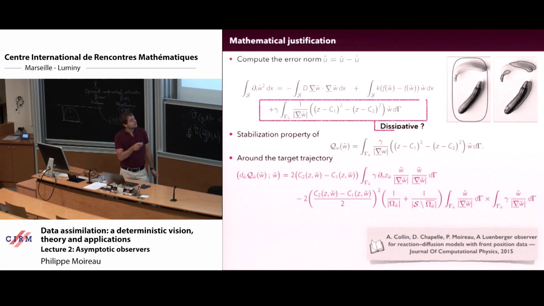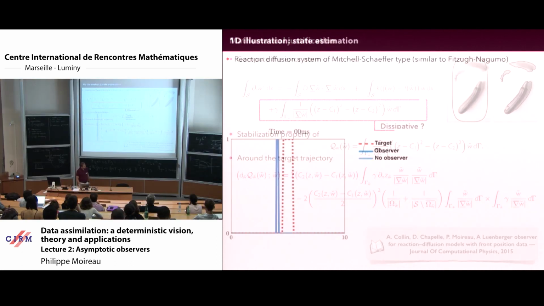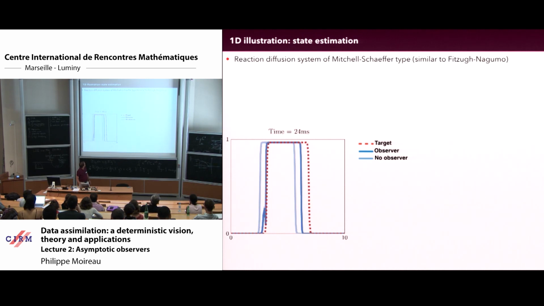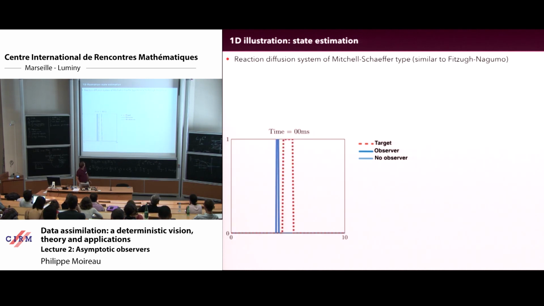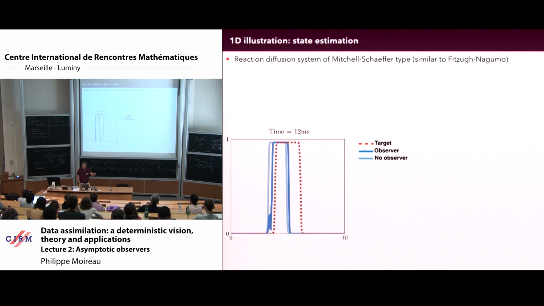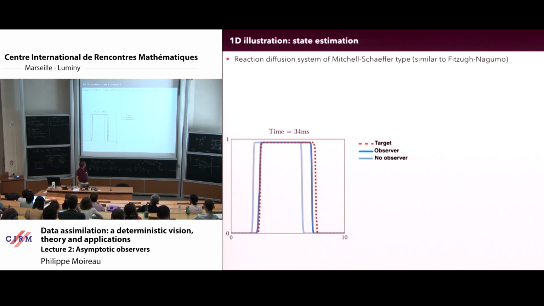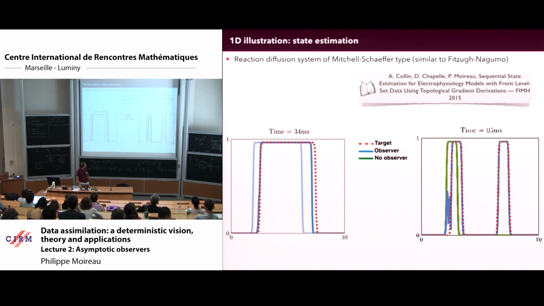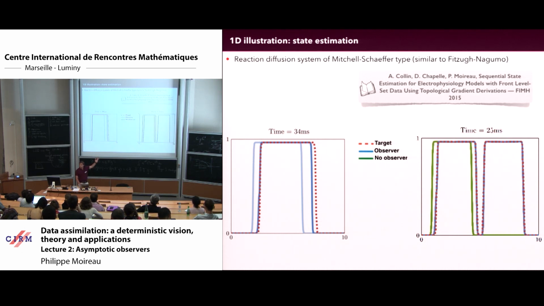Okay, so this, you see it, so your contour will be okay. And the banana, you don't see it, so you don't have the contour, okay? And you will see that it works pretty well. So basically the idea, you start from a wrong initial condition, and the observer pursues the good trajectory. And when you have the topological term, you create a new front in order to do that.